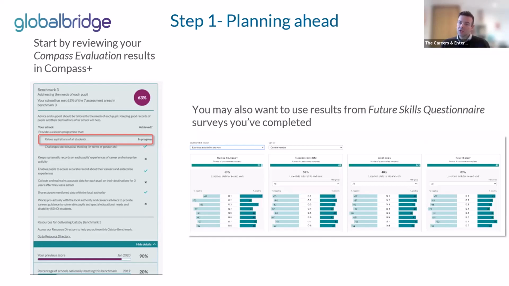The second key data stream on the right of the screen there is your future skills evaluation surveys. So some of you might have attended, you might have started using the future skills questionnaire. You might have attended one of the webinars we've recently put on, which explains how this new product works in more detail. It's a questionnaire that asks pupils themselves about their own experience of their careers programs. So all the feedback you get from that questionnaire goes directly into the pupils' individual profiles,